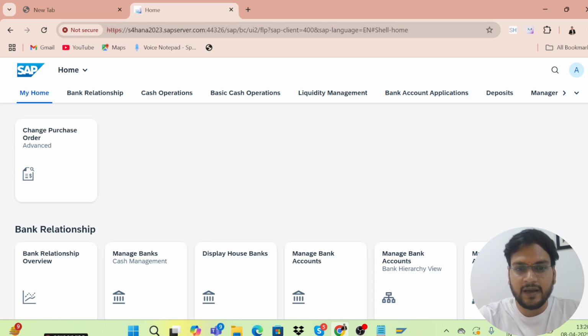Let's suppose you are creating a PO, or a purchase info record, so you will have access to those tiles only. You will not have access to all the tiles mentioned here. But as it's a demo server, all the tiles are there, some related to FICO, some related to HCM. So all tiles are there, right?